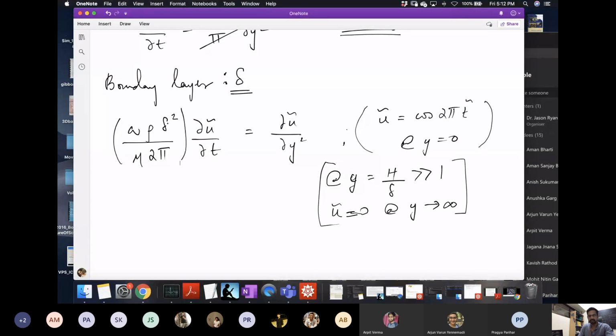Okay, so now we have this unknown delta, but that's exactly what we wanted because we have this free parameter. And now I'm saying that I don't want this whole non-dimensional group to become very large, even though omega is very large. Remember, omega is large, viscosity is small, and that was making this whole group go very big, and that was giving me the condition that velocity is unchanging. But I want to retain this, so I want to say that delta is sufficiently small so that this becomes 1. So that means I should say delta square is equal to 2 pi mu by rho omega, or delta is equal to the square root.